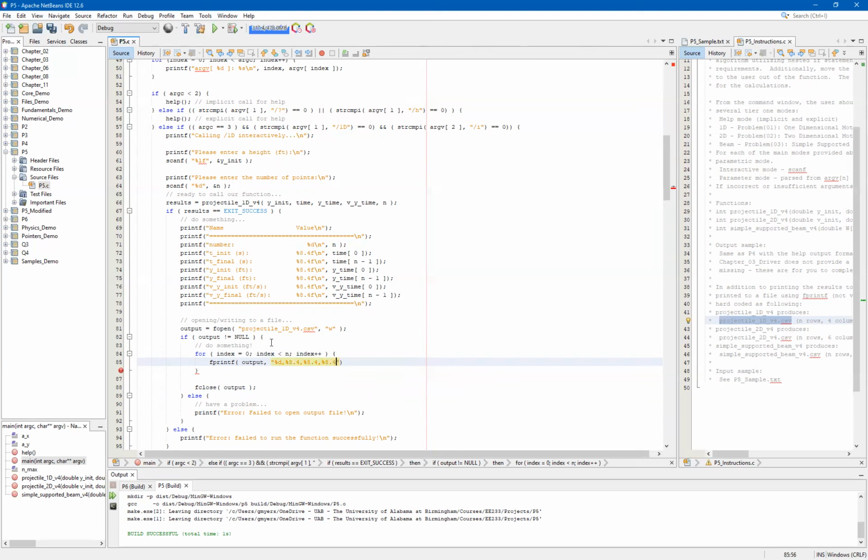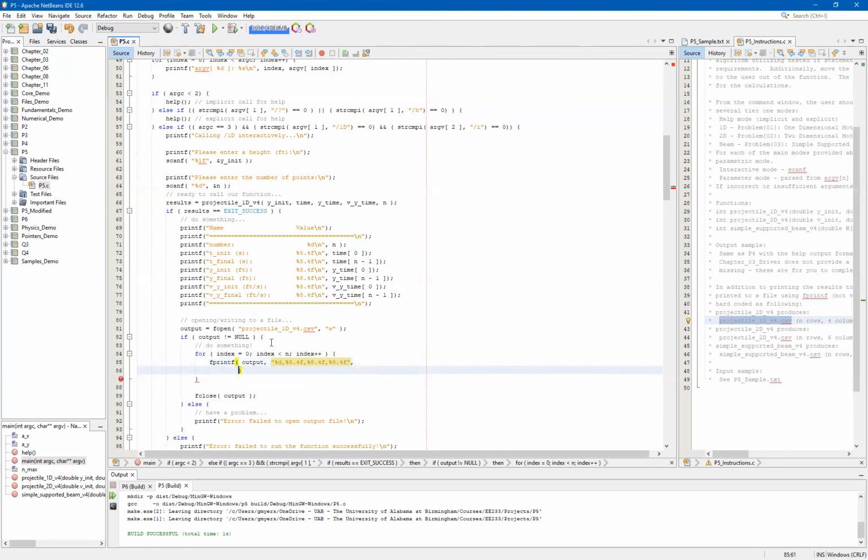So you should see now the %d for the index and the three %8.4fs will all correspond to the time, y time, and vy time. So it's just a matter now of populating that first with the index. And just so that this doesn't get too long, I'm going to go ahead and jump down to the next line. We have index, we have time, square brackets, index, our y time, square brackets, index, and then lastly, our